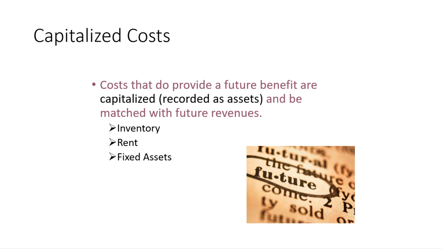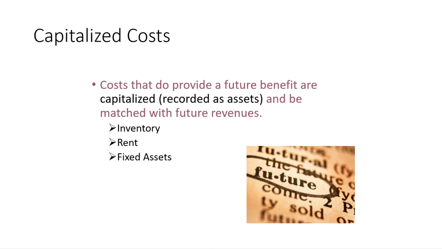We're buying merchandise today, we're going to sell it to customers next month. We record it as an asset on our books, inventory. When someone comes in and actually buys that inventory, we record a sales revenue as well as a cost of goods sold. If we're paying rent in advance, that rent is going to be used for our space to generate revenues in future periods. So we record it as an asset today, and we will record rent expense over time